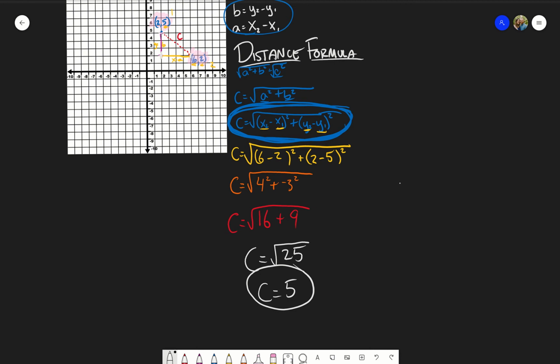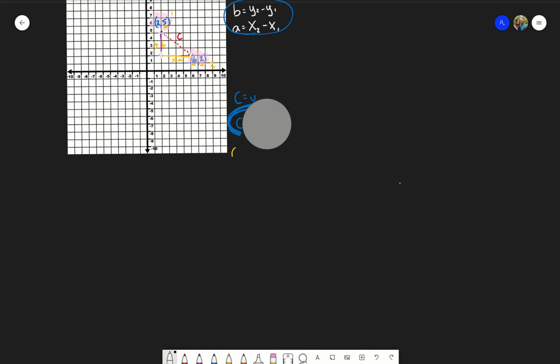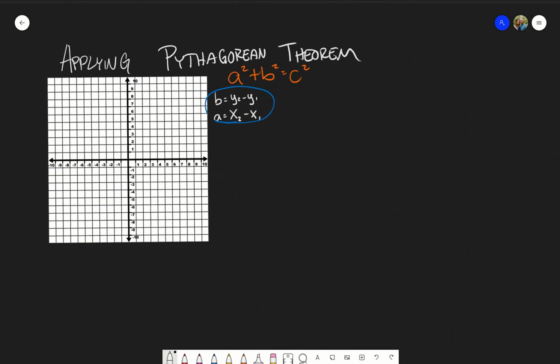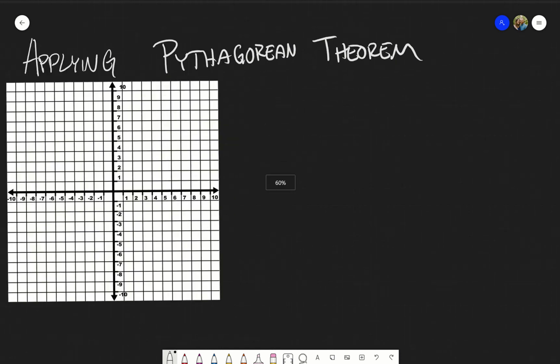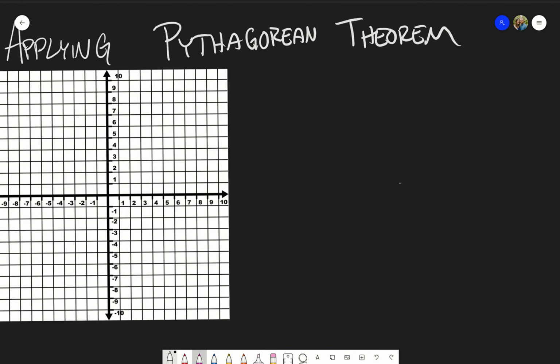All right, so I'm going to erase all this. We're going to rewrite our distance formula. We're going to work through another example to show you how this works together. Let's go back up here, get rid of all this. I don't actually need this information anymore. Now I just need my distance formula. So we've learned 2 main formulas this chapter, the Pythagorean Theorem and the distance formula. Okay, our distance formula was